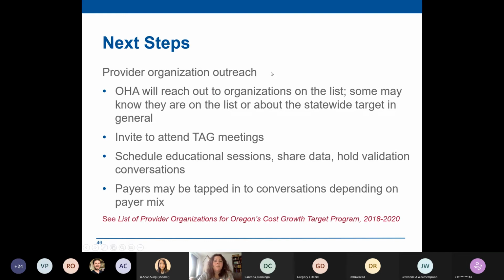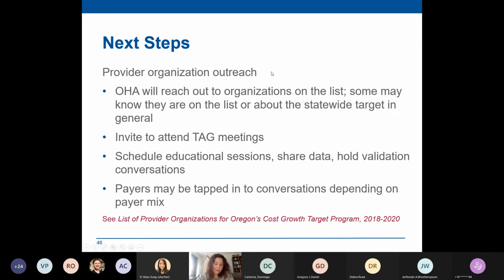Just like we did with you as the data submitters, we want to have similar conversations with the provider organizations. We want to say, here's what we see in the initial data. If this was a cost growth target performance year, here's what your performance would have looked like. Let's talk about that.